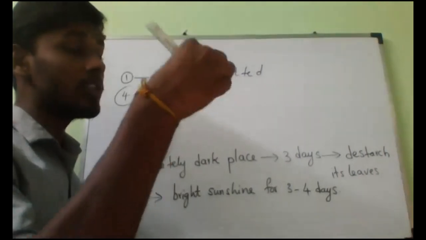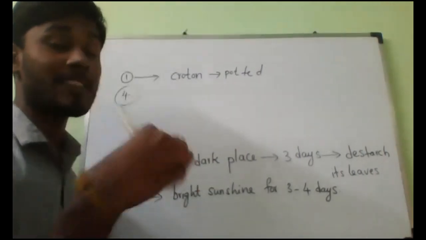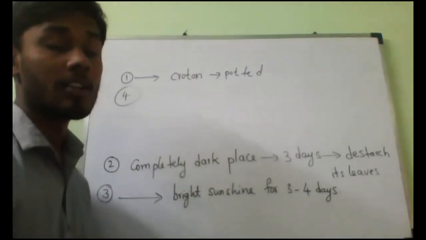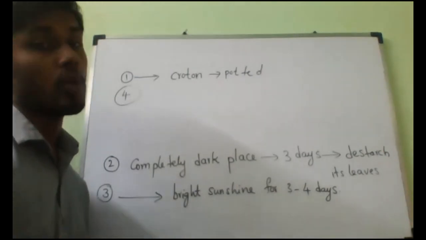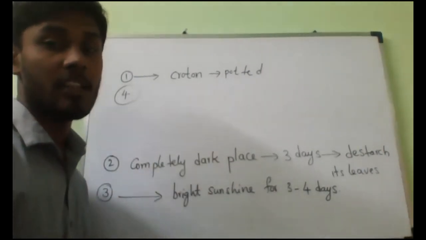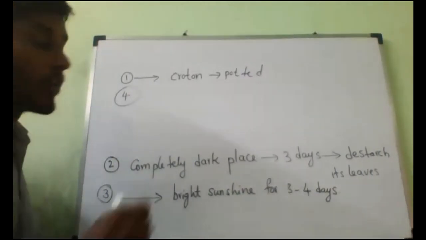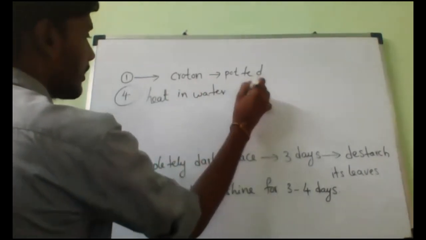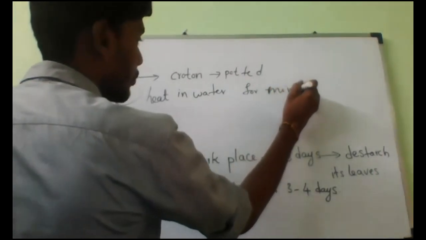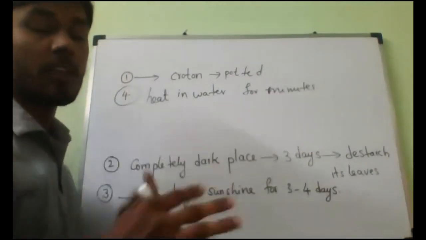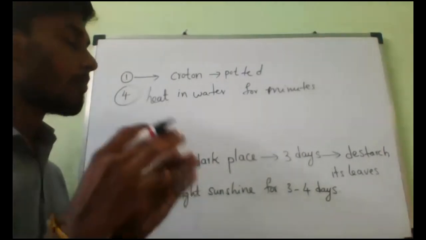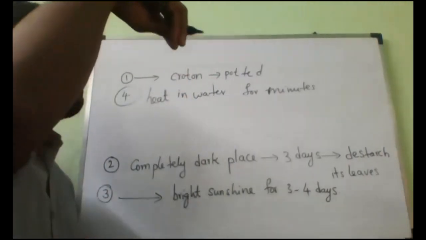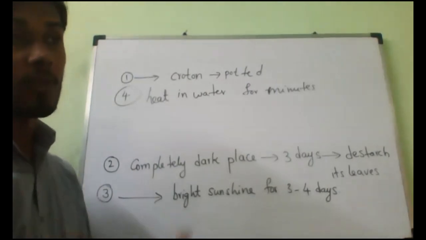So that iodine needs to reach the starch. To test that, we have to break those bonds, because if not, iodine cannot reach the starch which is present inside the leaf. So only to break those cell membranes, we have to heat it in water for a few minutes. The cell membrane and cell wall bonds will break so that the solution can easily diffuse into the leaf and enter.